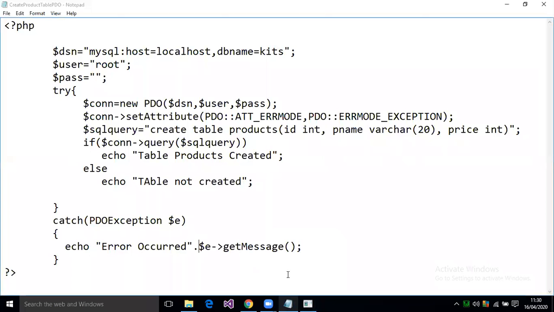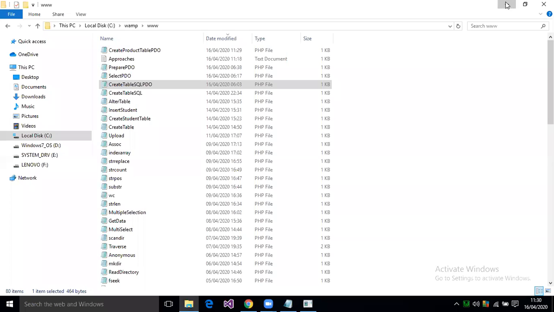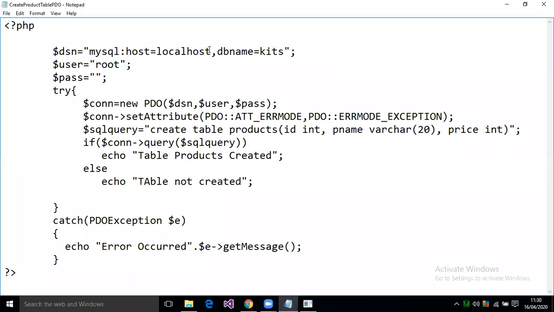So there is a problem in the host name. So here I think that there is a problem over here.